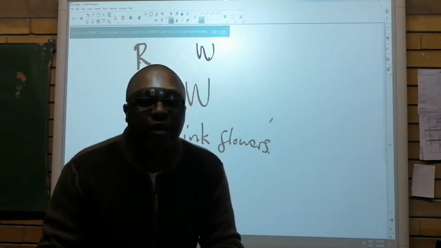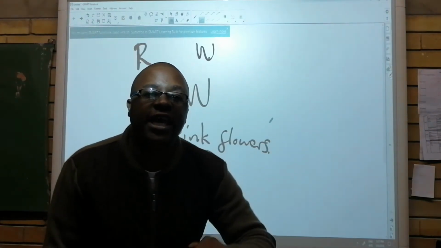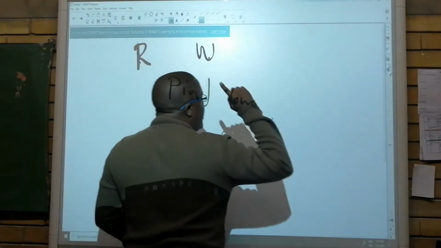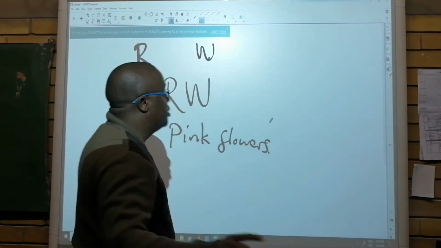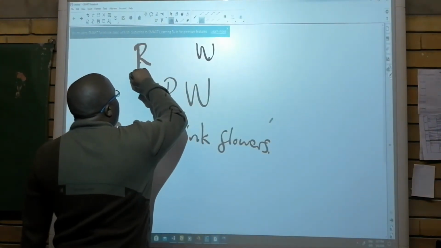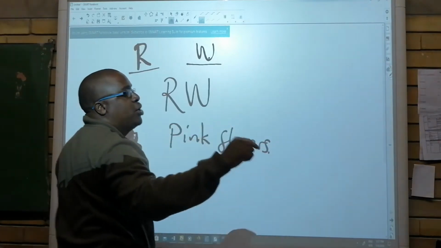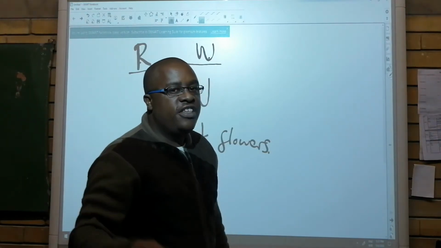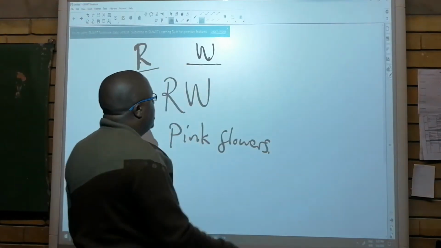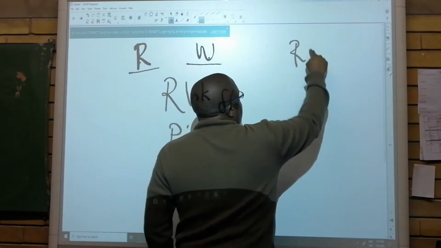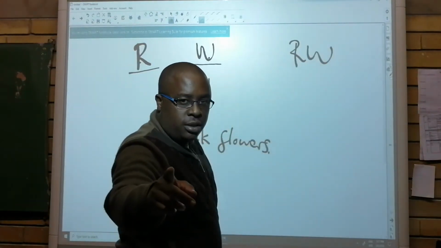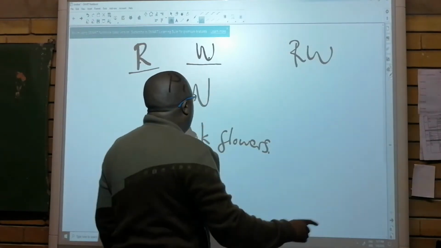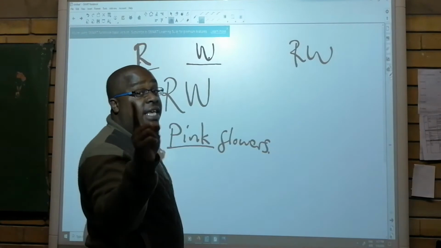But let's just say, for argument's sake, if they exhibited co-dominance, then both red and white, because both are dominant, would share the phenotype. So in a heterozygous condition, instead of producing pink flowers, which is what they do,